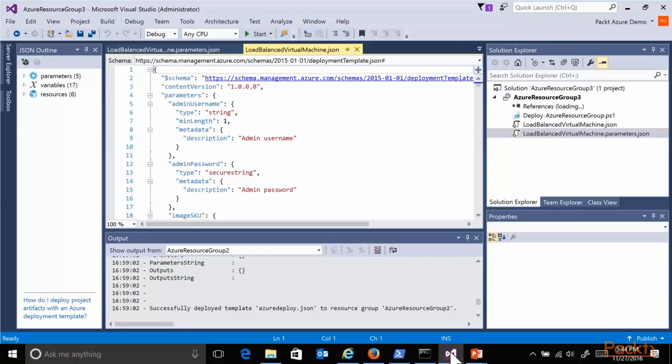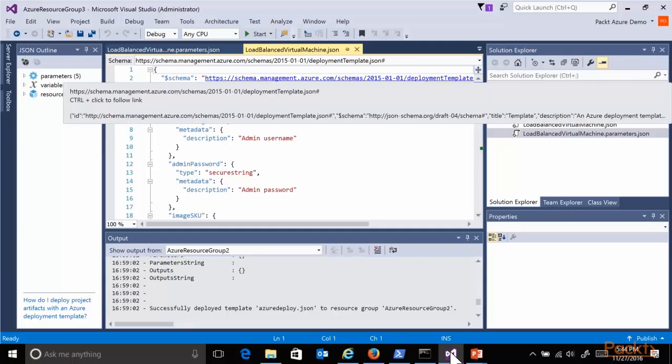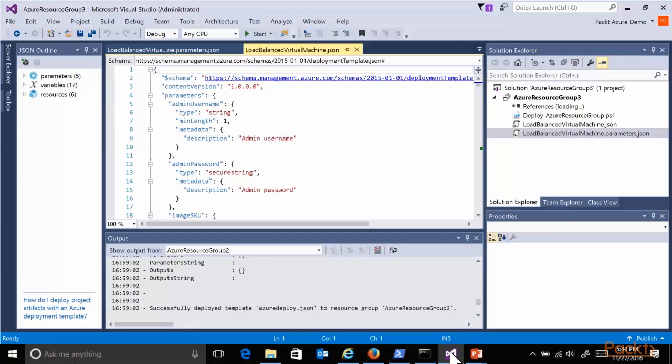Within my JSON file structure, I have one load balanced virtual machine and another one, load balanced virtual machine parameters. Now let me start with the first one, load balanced virtual machine. The JSON file itself always has the same structure. It will ask me for parameters,